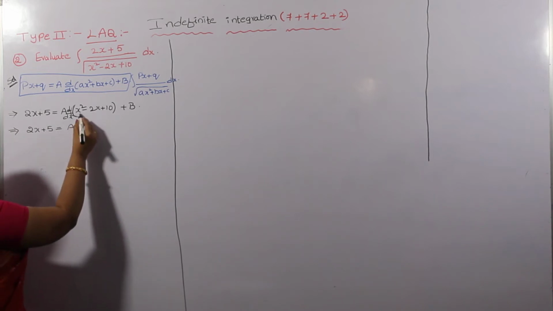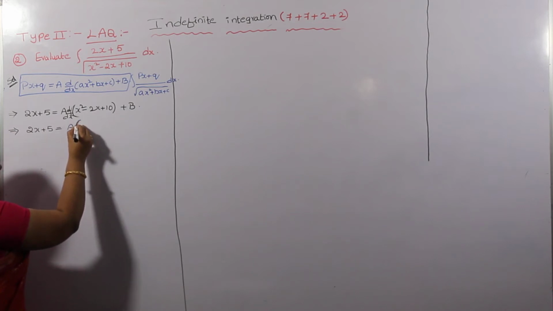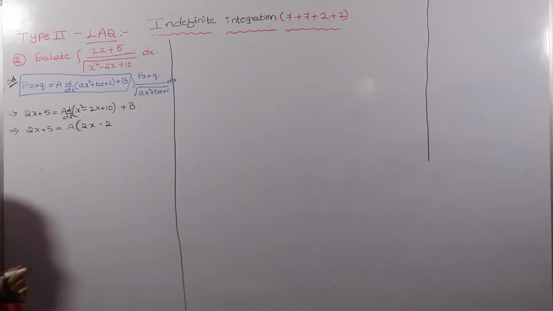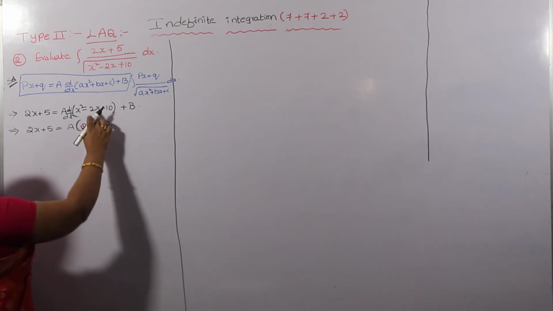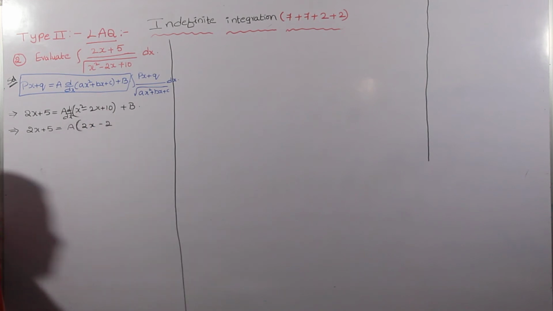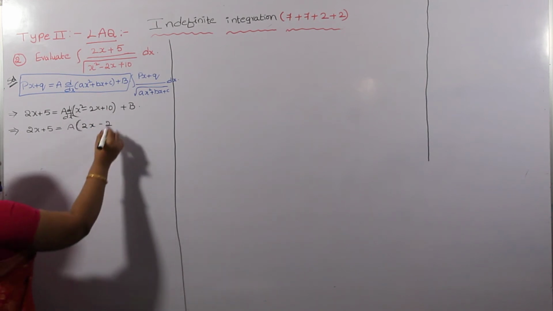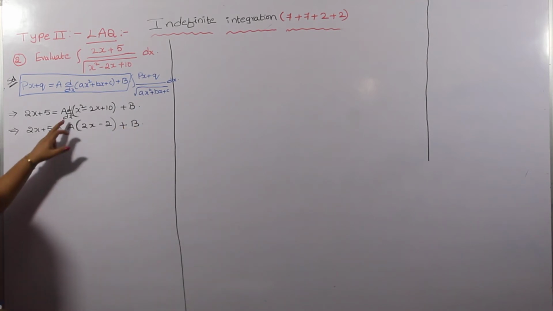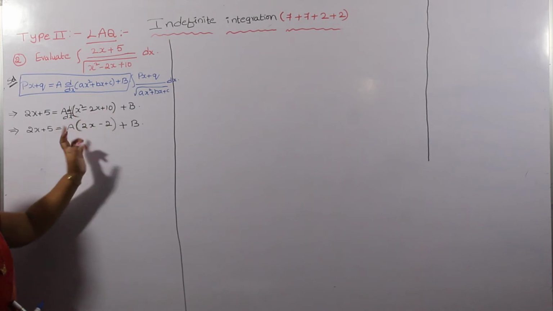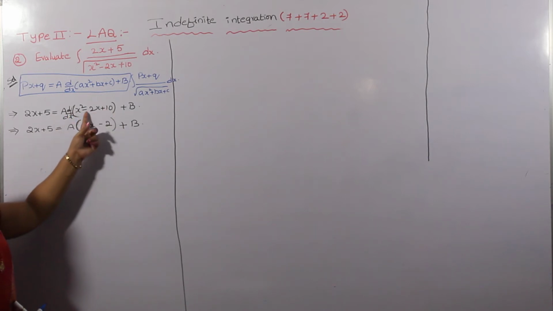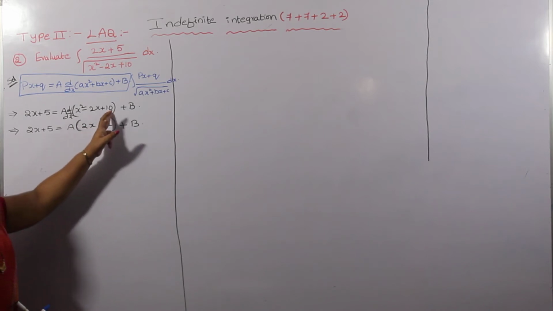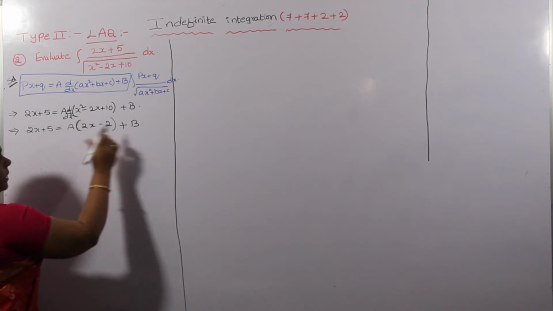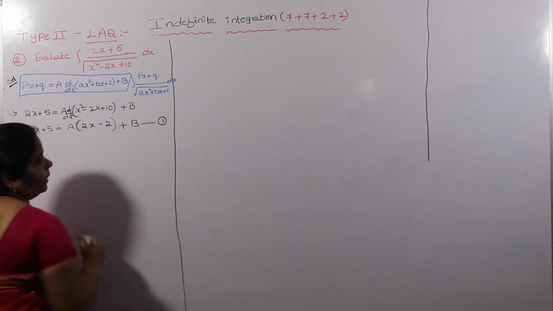D by dx of x square minus 2x plus 10: x square differentiation is 2x, minus 2 into differentiation of x which is 1, no need of writing that, and 10 is a constant. Differentiation of a constant is 0, no need of writing that. Plus B. So A into d by dx of x square minus 2x plus 10: x square differentiation is 2x, minus 2x differentiation is minus 2, 10 is a constant and its differentiation is 0. After the differentiation we take that expression as equation 1. Okay. Now